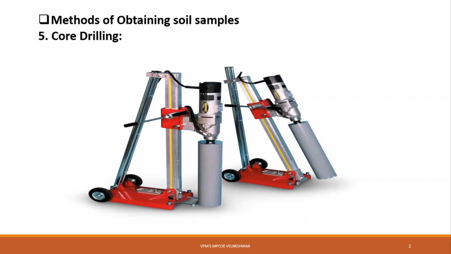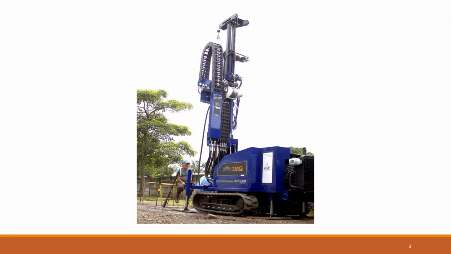Okay, so this is the core drilling equipment. See this equipment. This is the core cutter, and this is the height adjustment assembly. This is the angle adjustment assembly for the core driller. So this is the simple core driller. There are many different types of core driller machines. This is a small machine, and this is also one core driller machine. This is the boom, and on that boom the core driller is adjusted and hydraulically operated.